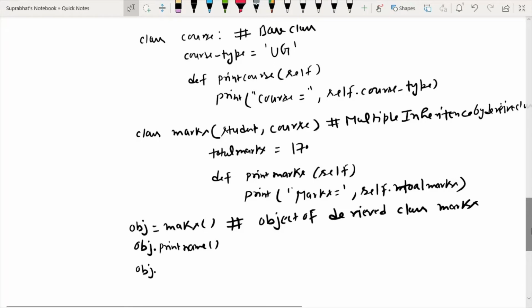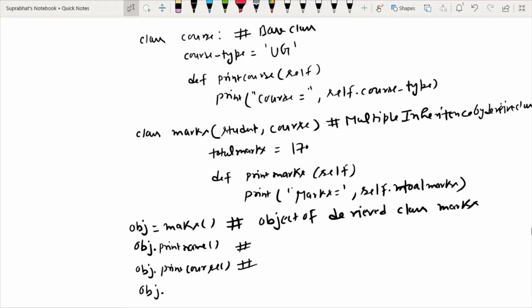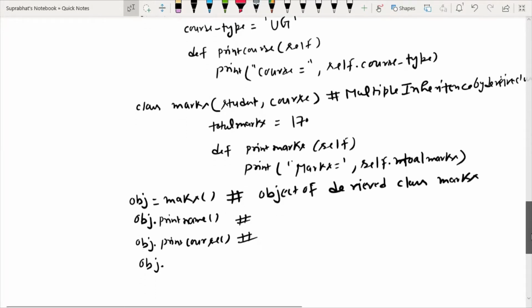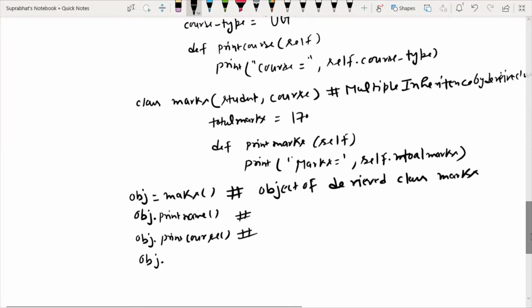Similarly obj dot print course, so it will print the course. And the last one, obj dot print marks, so it will print the marks. So this is the example of multiple inheritance.